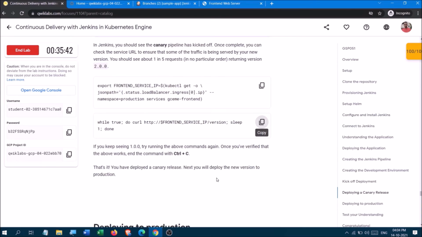So what we are doing is that we have created a canary pipeline, and to check that some of the traffic has been served by the new version, we are copying this command again and again.